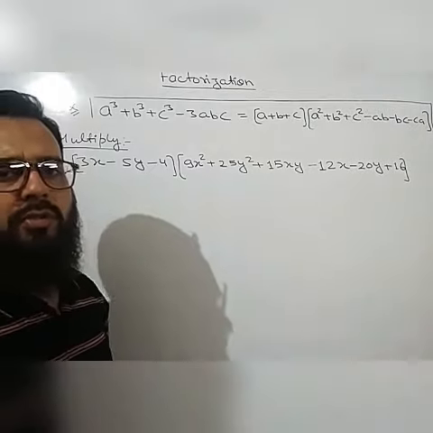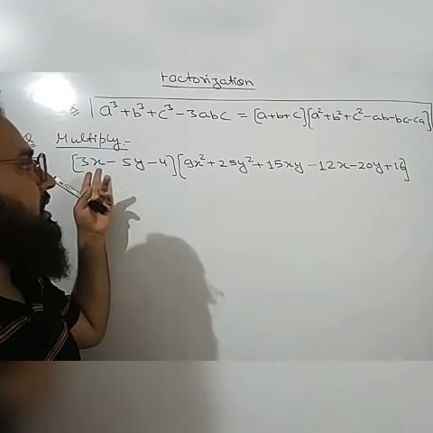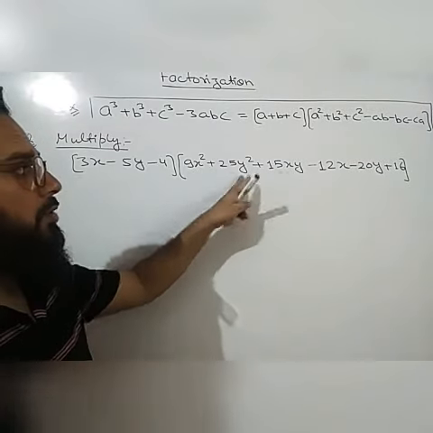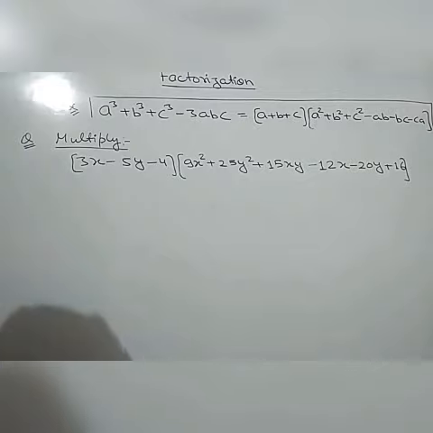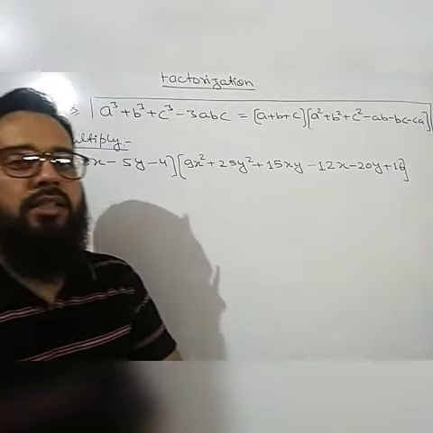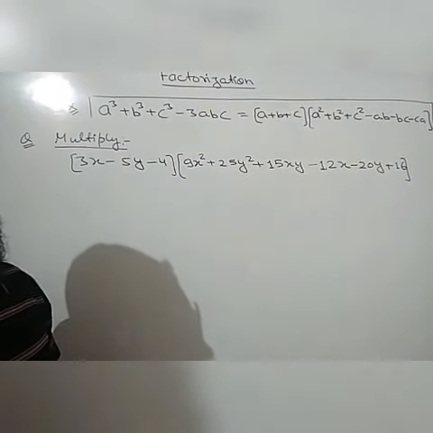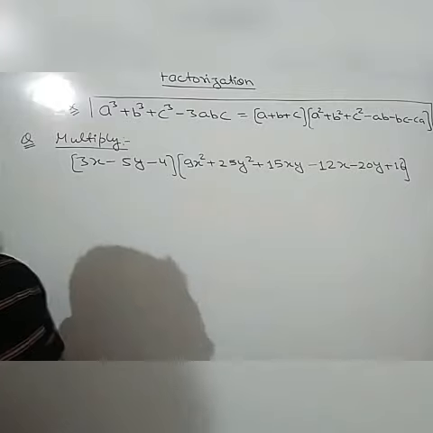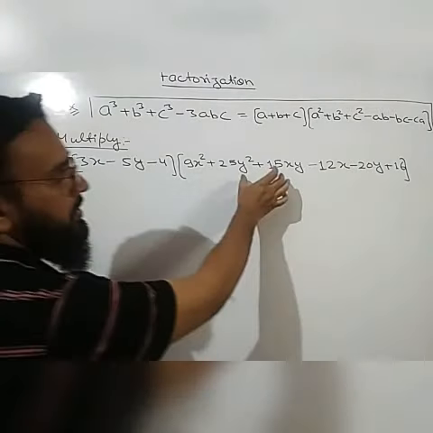So you know the process of multiplication. You have to multiply with each term in the whole of the bracket. But it will be a very long process because there are 6 terms in one bracket and 3 terms in the other. It means it will be a very long process if you multiply it directly. So we will not multiply these two brackets directly. Okay, we will use this particular identity because there are 3 terms and there are 6 terms.